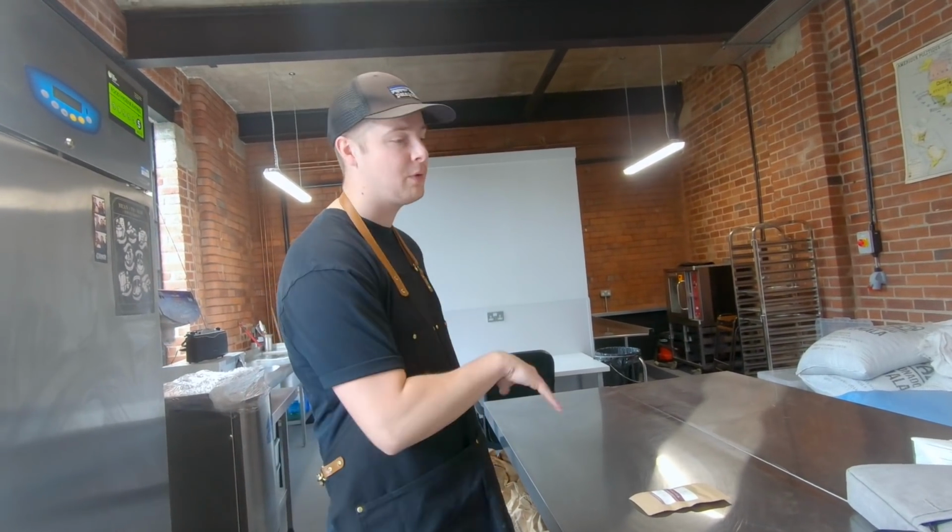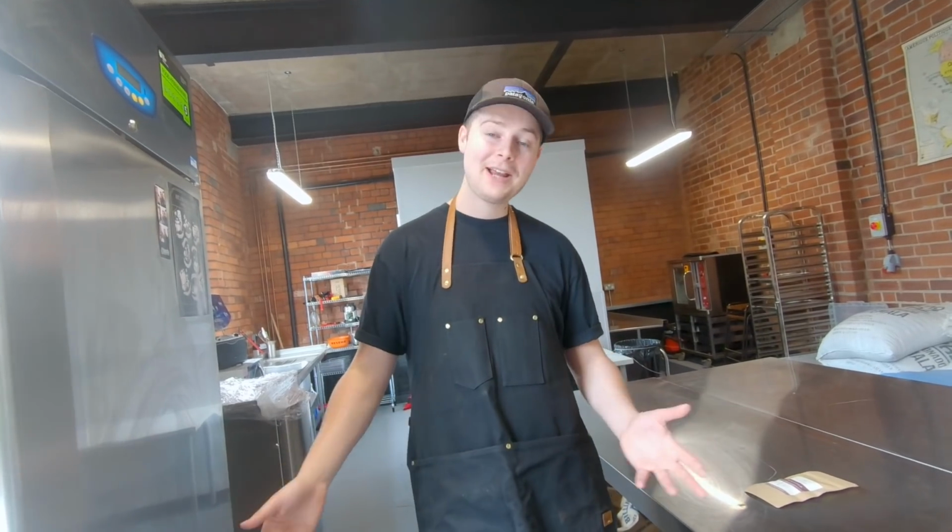The final step, which is wrapping. Even though Paul's taken over some of the chocolate making steps, and we've got 5 members of staff in the cafe now, for some reason I'm the only one that can still wrap, and maybe we need to have some lessons on that. Or is that because you're a perfectionist? I don't know if it's because I'm a perfectionist, but